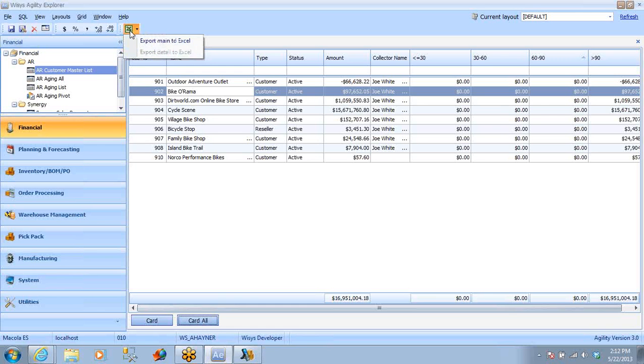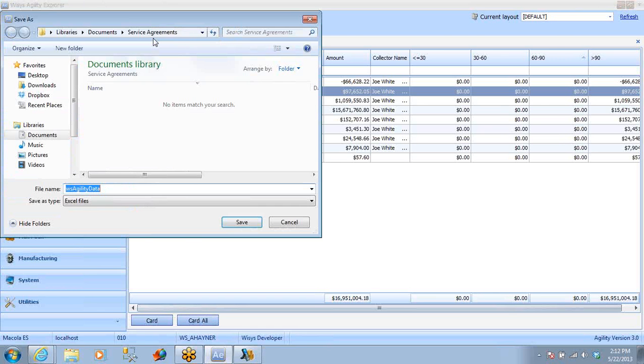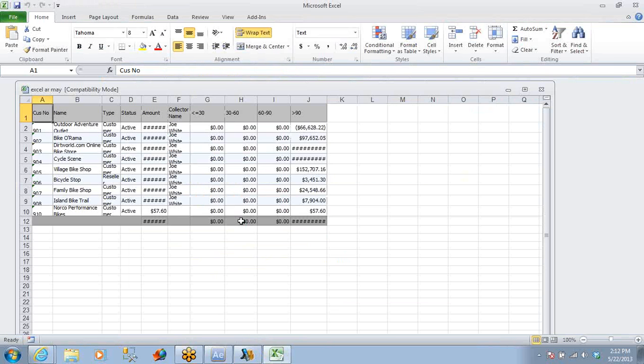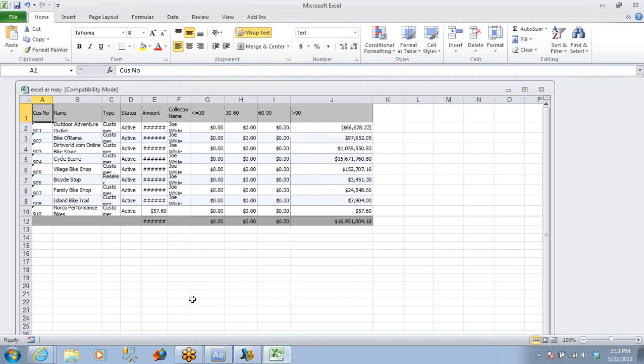So if I have a grid up on my screen and I click export that grid to Excel, it's going to ask me to name that, and we'll just call it Excel AR May, and I'll save it, and it's going to load Excel and bring that information up for me. So I have just within a couple of seconds exported the grid that I was looking for to Excel,